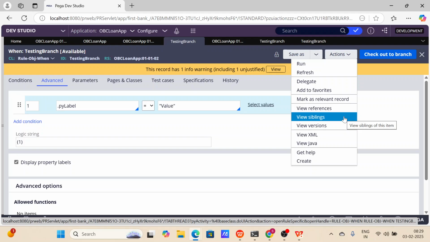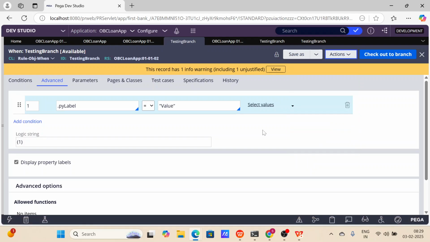What is the use of the pzInsKey, the instance key? Yes, pzInsKey, correct. Let's understand: each and every rule will have a pzInsKey. We have an activity, a separate section, where if you want to modify any rule,